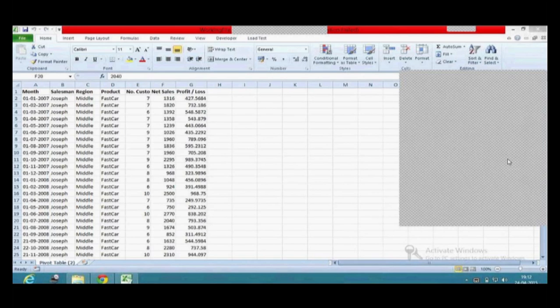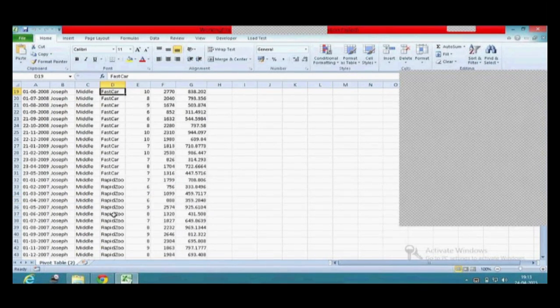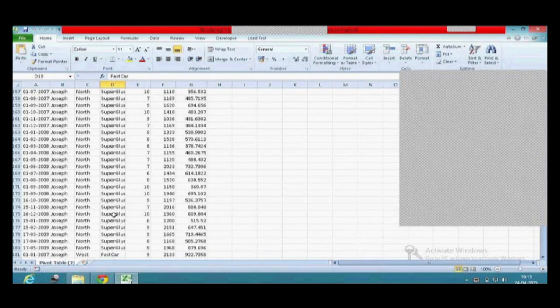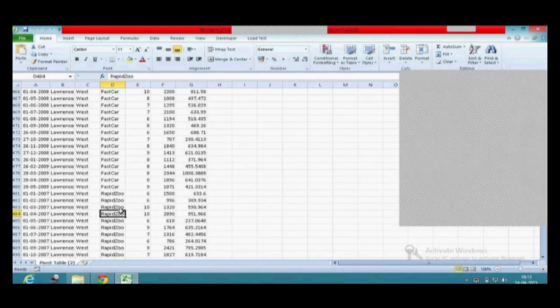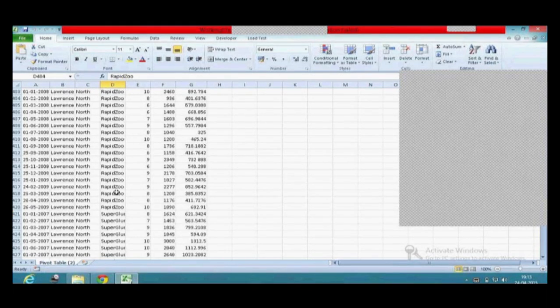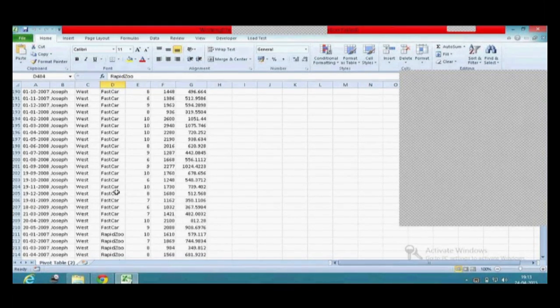Right, so now we are going to use this data to generate the pivot table. My data contains no merged cells and no completely empty rows, so now my data is ready for generating the pivot table.